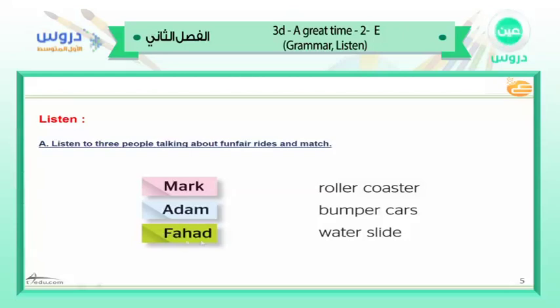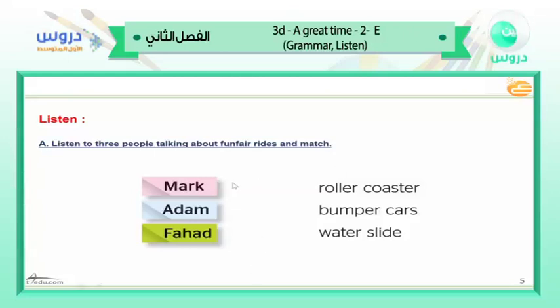Fahad. My brother and I went on a great ride at the funfair yesterday. Our favourite is usually the roller coaster, but we didn't go on it. There were too many people waiting. The ride was called Splash. It started slowly, but it got faster near the end. Luckily, I didn't get very wet, but my brother did. He didn't mind though. It was a hot day.